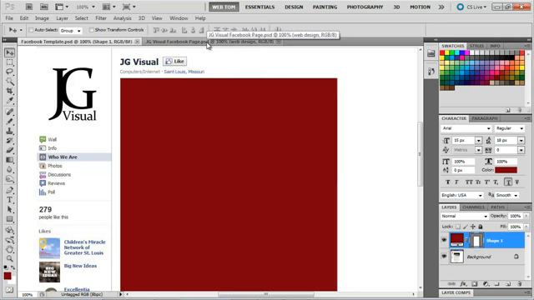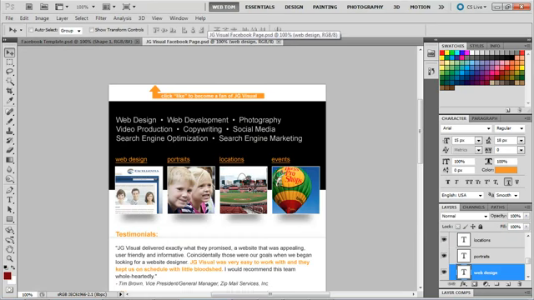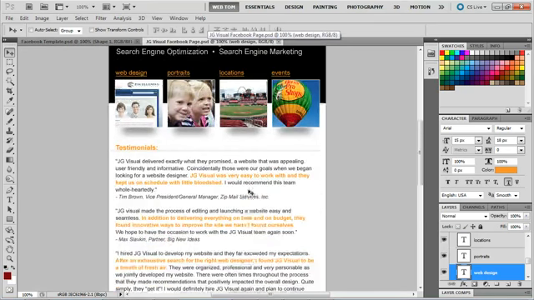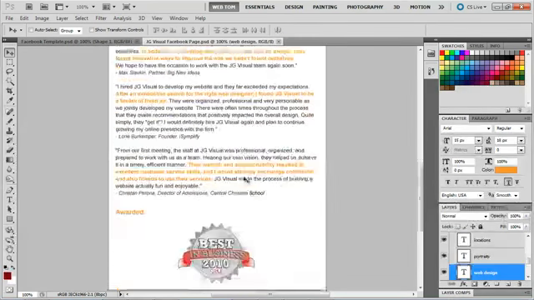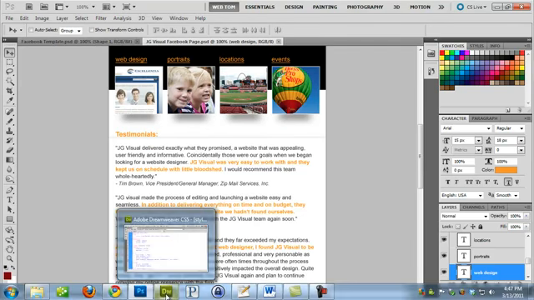So we're not going to go through the actual design, but I will show you this is what our actual design looks like. So this is 520 pixels wide. It's got some pictures, some testimonials for our company, and then an award at the bottom. So the next thing we're going to do is we're going to go ahead and start with programming. So I'm going to go ahead over to